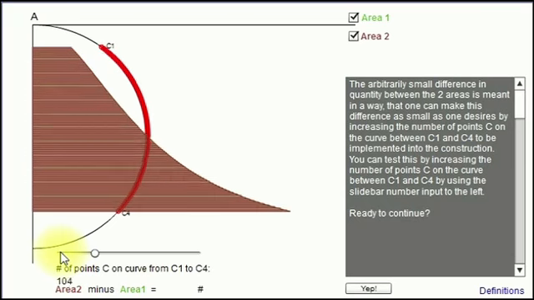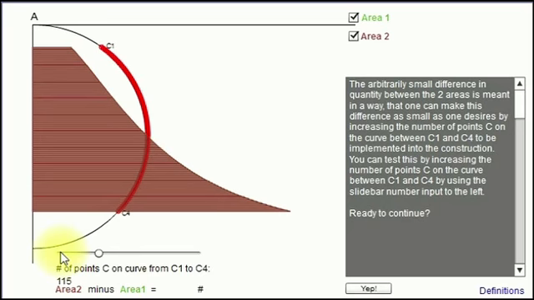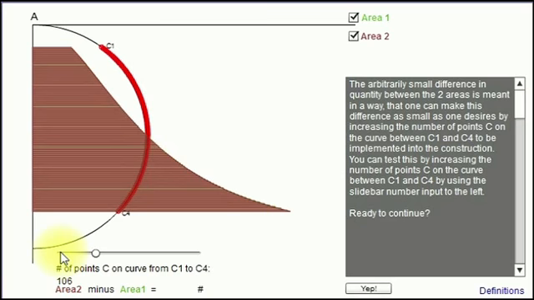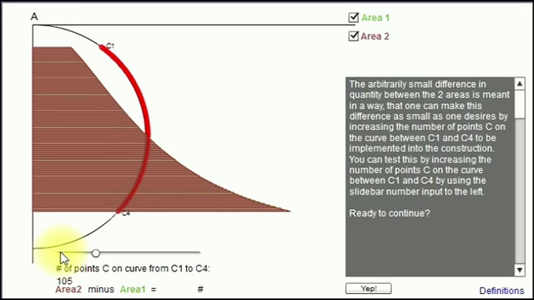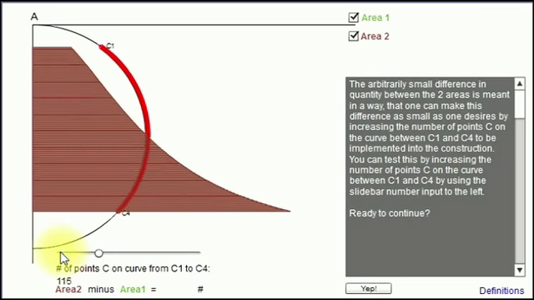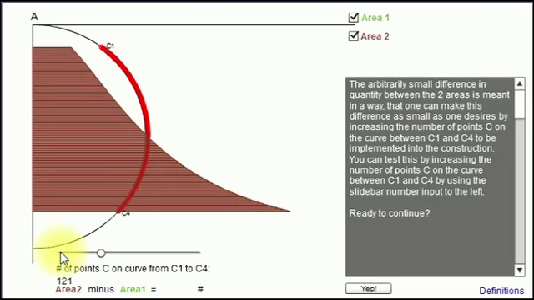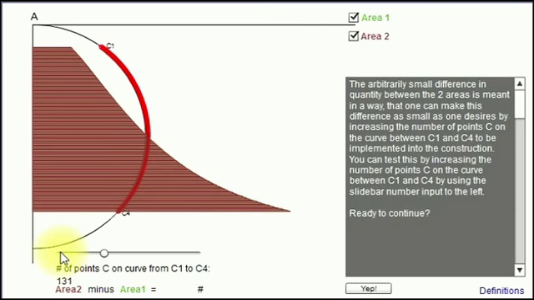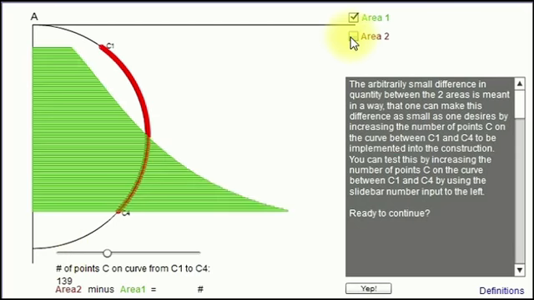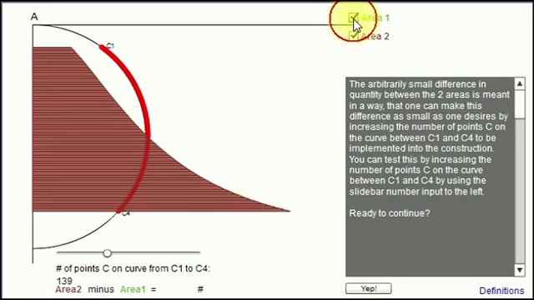It's interesting to notice that if I place about 100 points, which is actually not a lot of points on this curve, our senses tell us that there is no difference anymore between figure 1 and figure 2. But knowing the construction principle, we know that there will always be a difference between those two